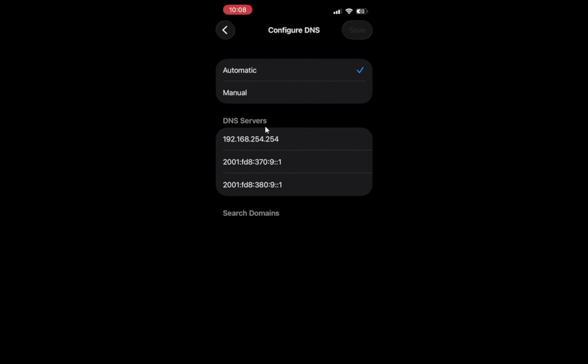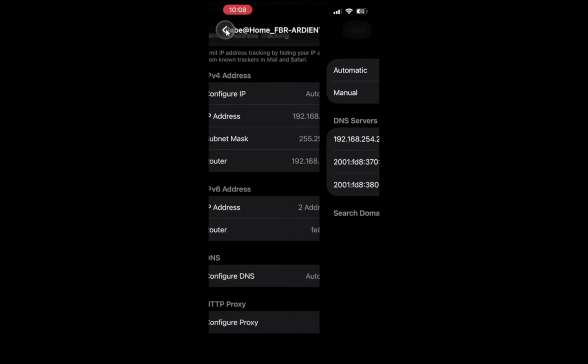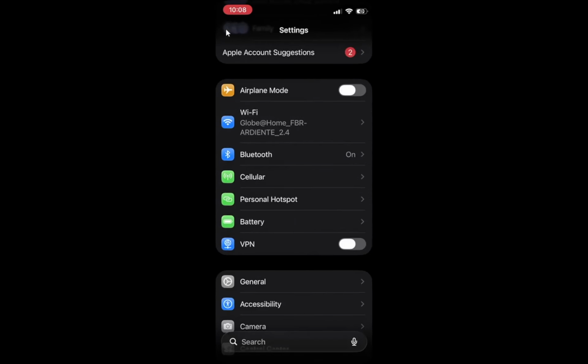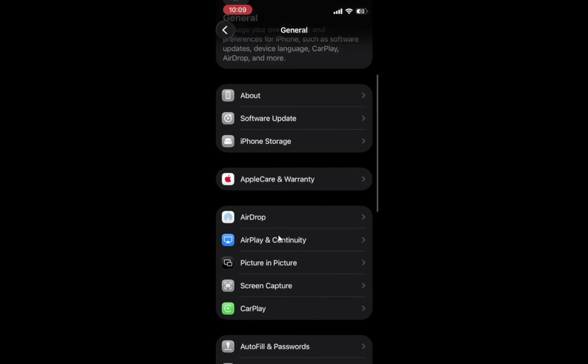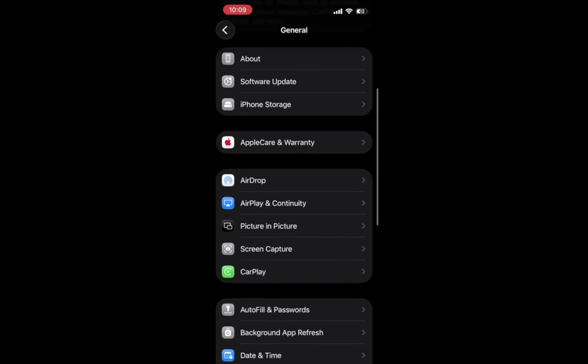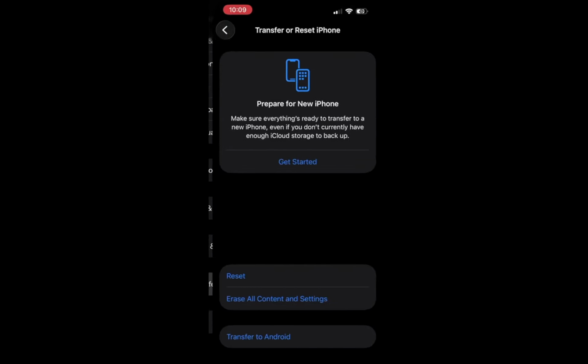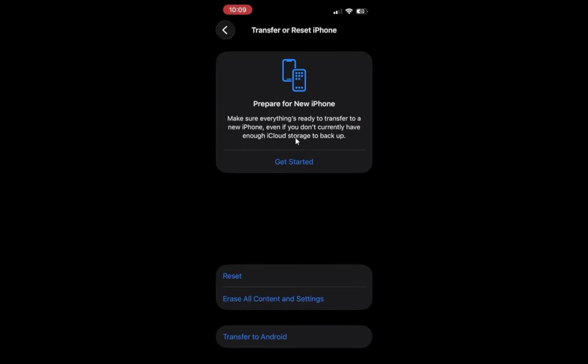If your Wi-Fi is not working, you can try a full network reset. Go to Settings, then General, then Transfer or Reset iPhone, then Reset, then choose Reset Network Settings. A confirmation message explains that this removes your saved Wi-Fi networks and passwords and also resets cellular, VPN, and APN settings. Apple recommends using this only after other troubleshooting steps have not worked, because you will need to join Wi-Fi